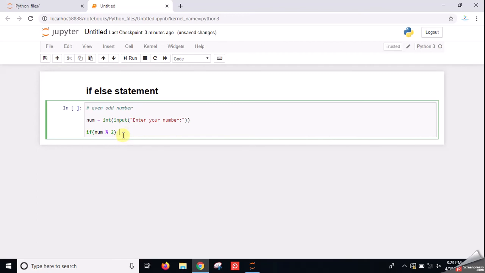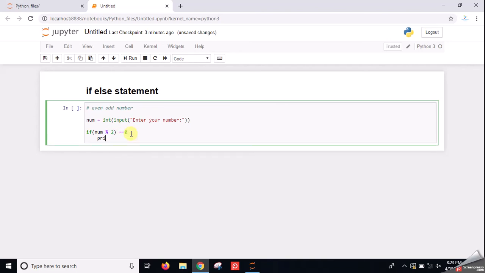So here if the remainder of the division by 2 is equal to 0, then we all know that the number is even.